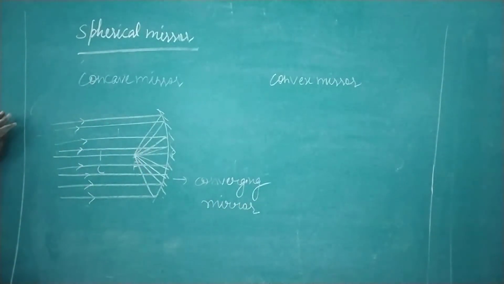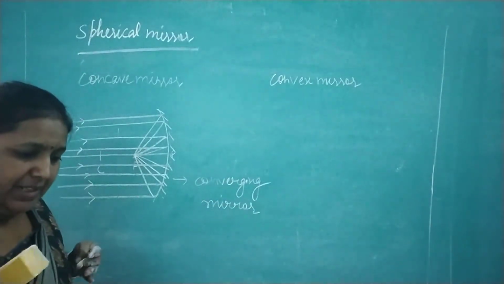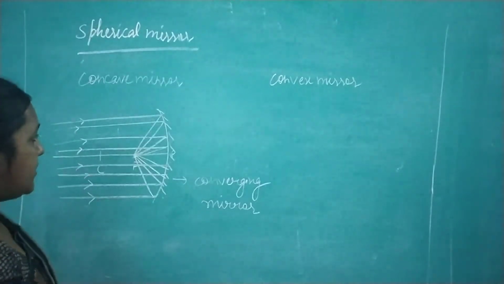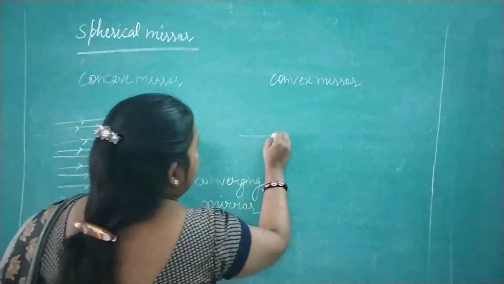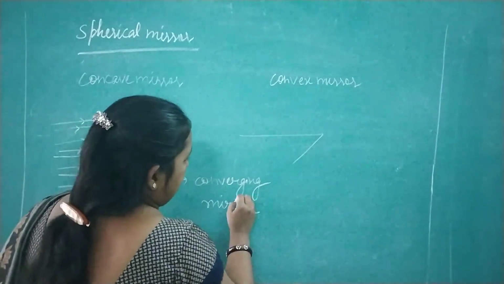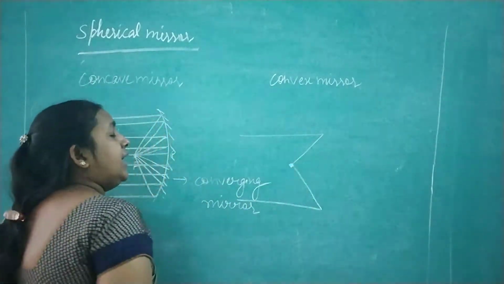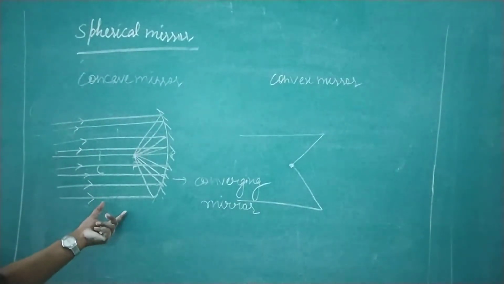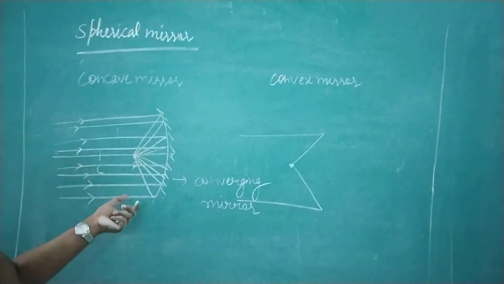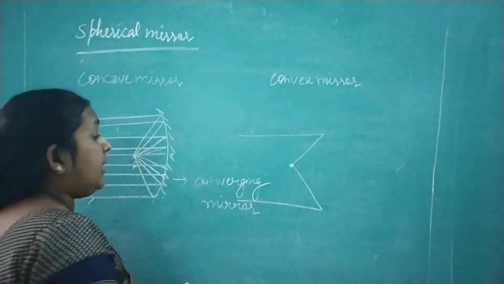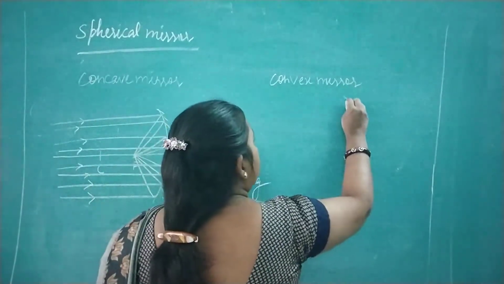Means जिसमें आपकी different source से ऐसे लाइट आई और आने के बाद टकराई और आपका एम शेप सा बना, यानी एक लाइट ऐसे आई और ऐसे टकराई, एक लाइट ऐसे आई और ऐसे टकराई and will meet at one point. And this type of nature of the mirror is known as converging mirror, right. If it is converging in nature, obviously it will be diverging in nature. So convex mirror is diverging in nature.